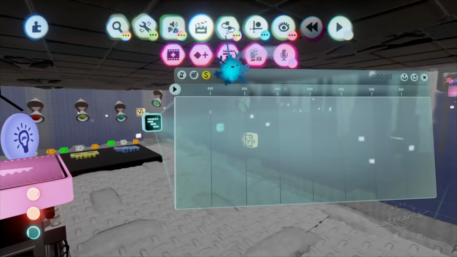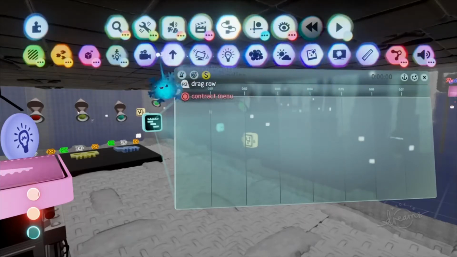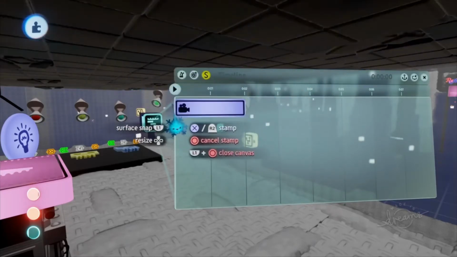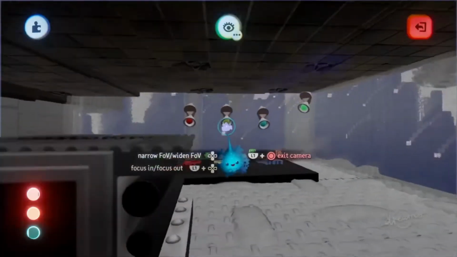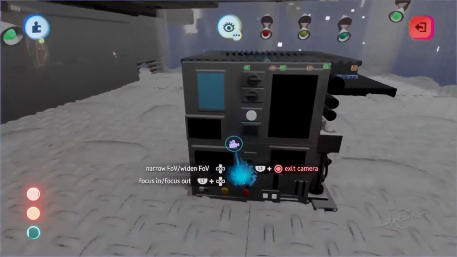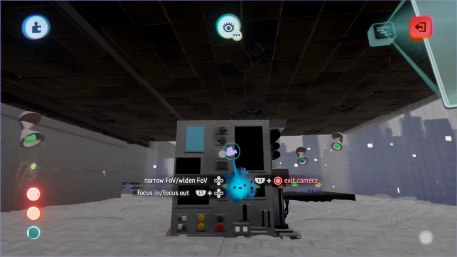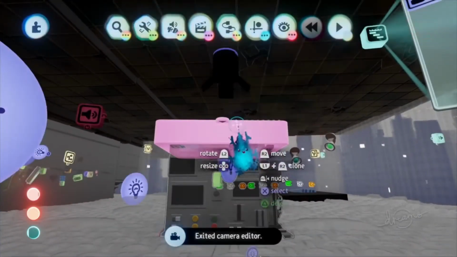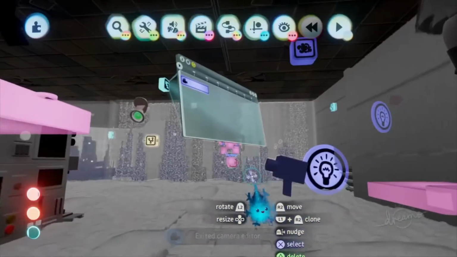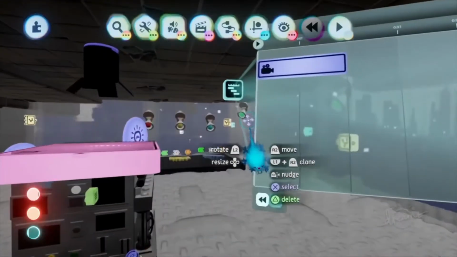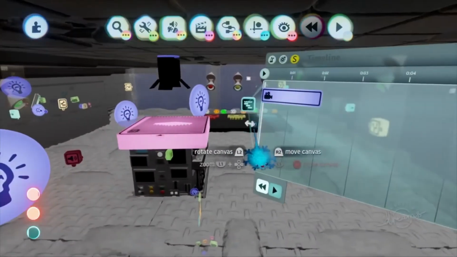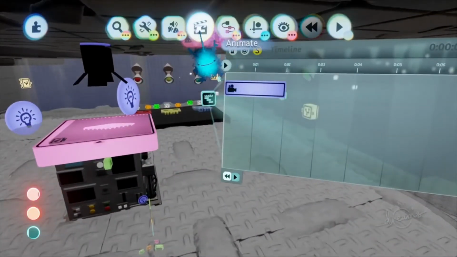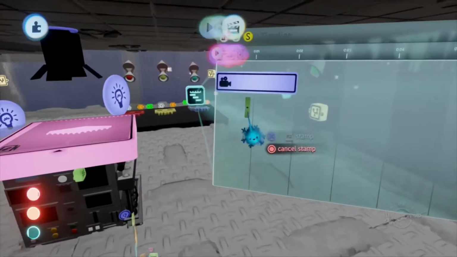So we want to go into our gadgets menu and then hit on camera. We want to snap a camera into our timeline, and then we want to set up the camera. So we'll press L1 plus X, and then we'll set it wherever we want to set it. And we'll exit out of there, and then we'll go back to the timeline, go under animate, keyframe, get